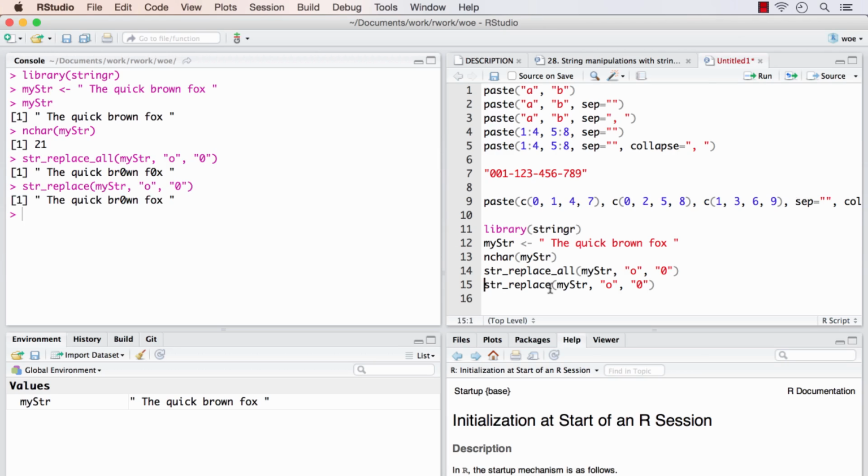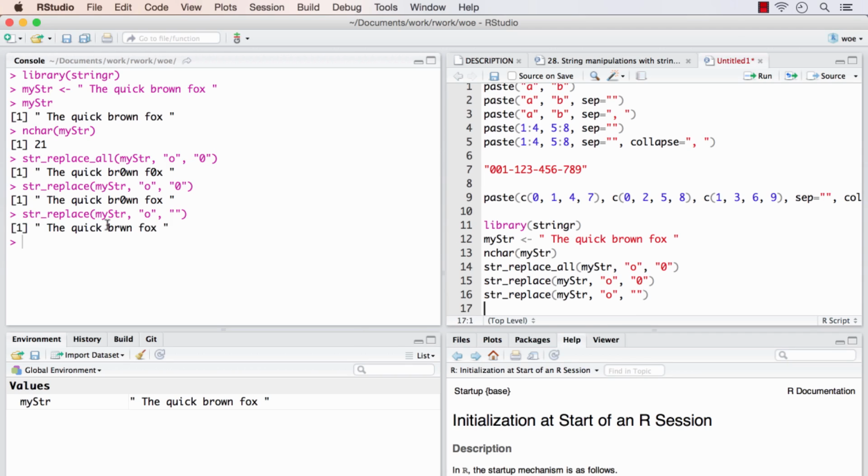That's good to know. Let's see, what if I want to remove all the O's in the quick brown fox sentence entirely? How we can do that is, I'm going to remove the 0 entirely, like the third argument actually, I'm going to place just a pair of double quotes. Running this. Now the O's are replaced with an empty character. Since this is just str_replace, I need to use all actually. So the O in fox is also gone.